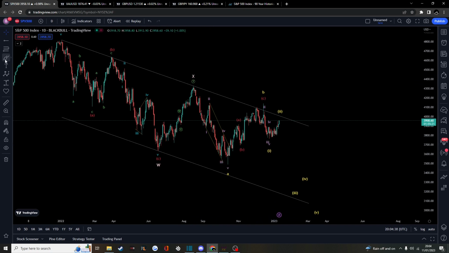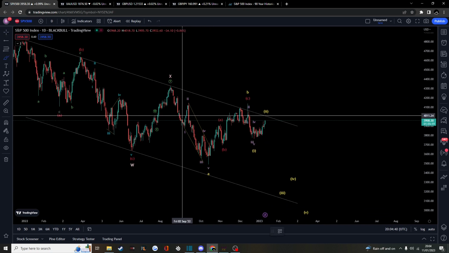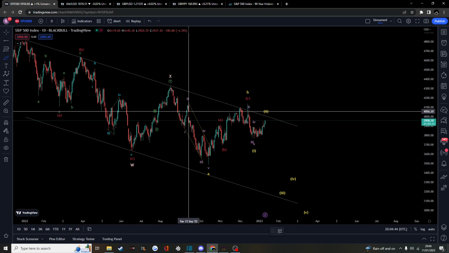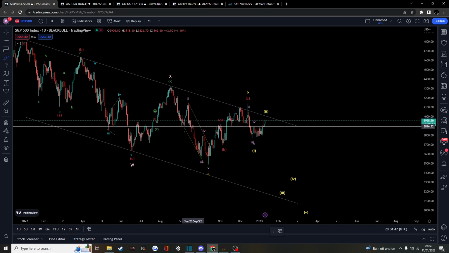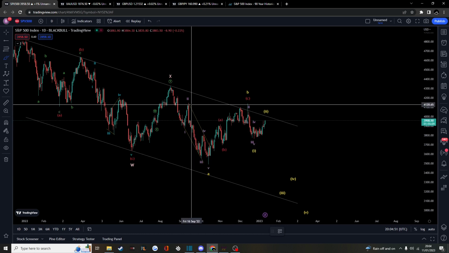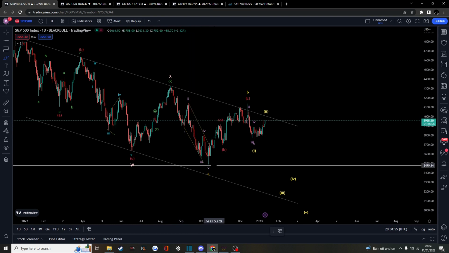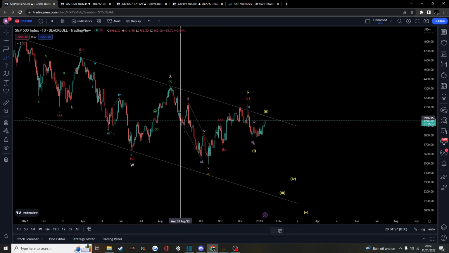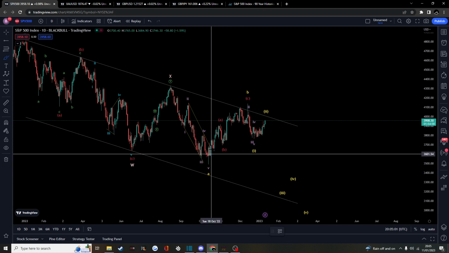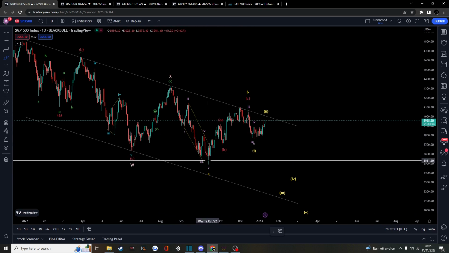And now where we are is we have a wave 1, a wave 2, so this subdivides into 5 waves. Wave 2 subdivides into 3 waves, and then we have a wave 3, which is another 5 waves, 4, 5. This pattern right here is a leading diagonal. Wave 3 can't be the shortest, wave 5 is shorter, and wave 3 is definitely longer than wave 1 and wave 5.